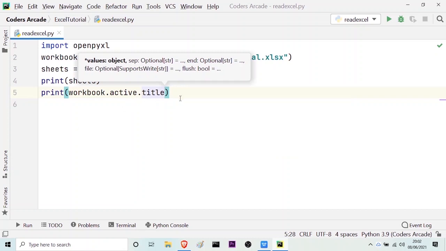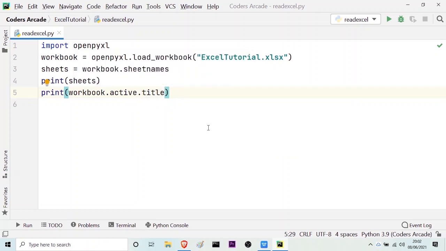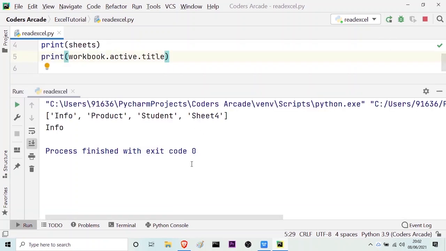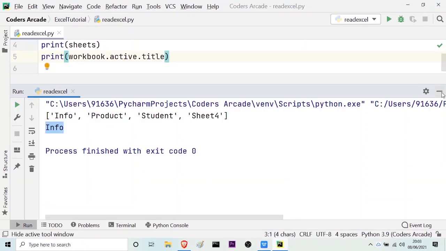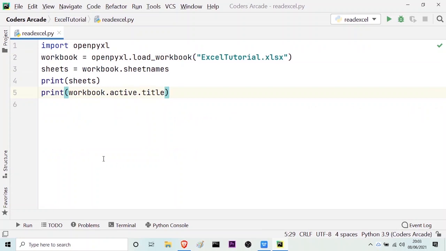So if I run this now, you will find that the active worksheet title will be displayed on the console. So let me run it. As you can see here, the name displayed here is info. So let me check it here, and you can see the active worksheet is this info one. So it is working perfectly. Let me again go to my PyCharm and minimize this, and I hope you have understood this. So let me just comment these two parts out